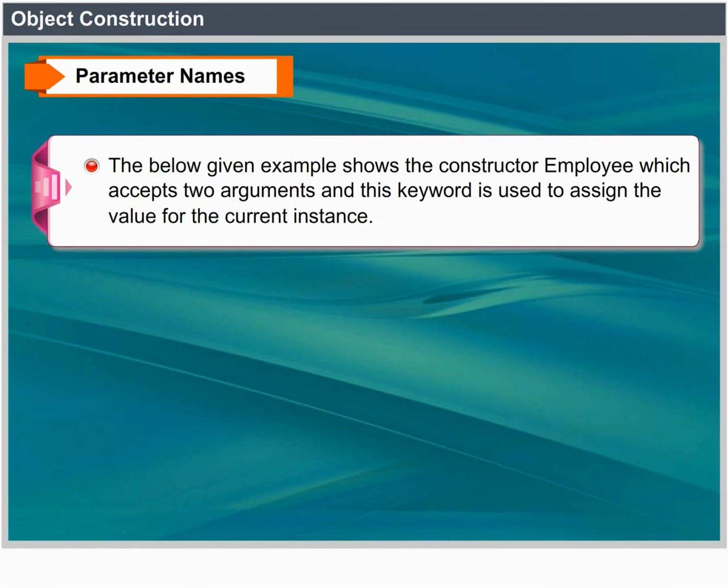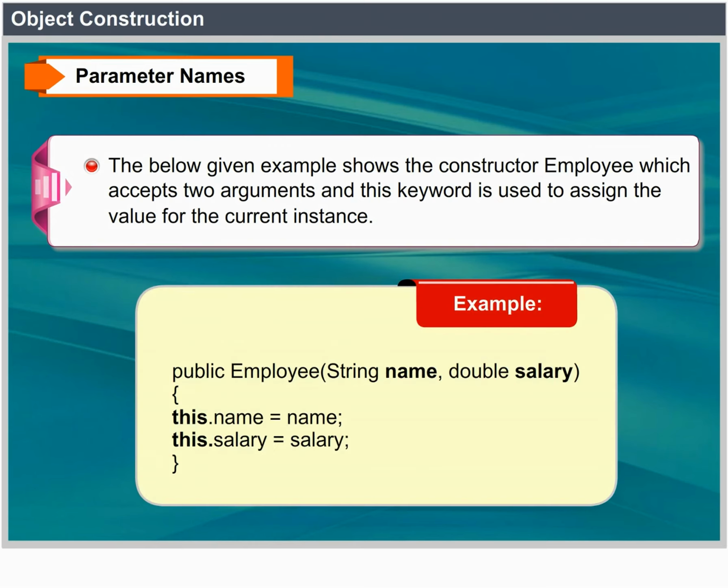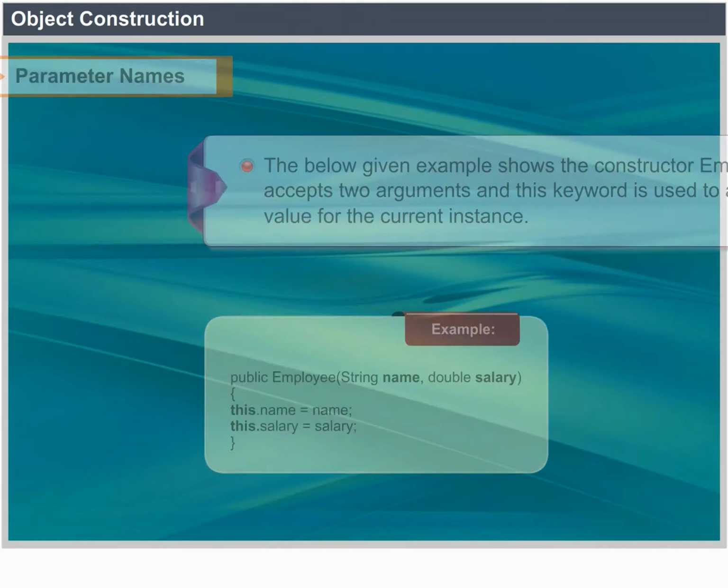The example given below shows the constructor Employee, which accepts two arguments, and the this keyword is used to assign the value for the current instance. For example, public Employee(String name, double salary) { this.name = name; this.salary = salary; }